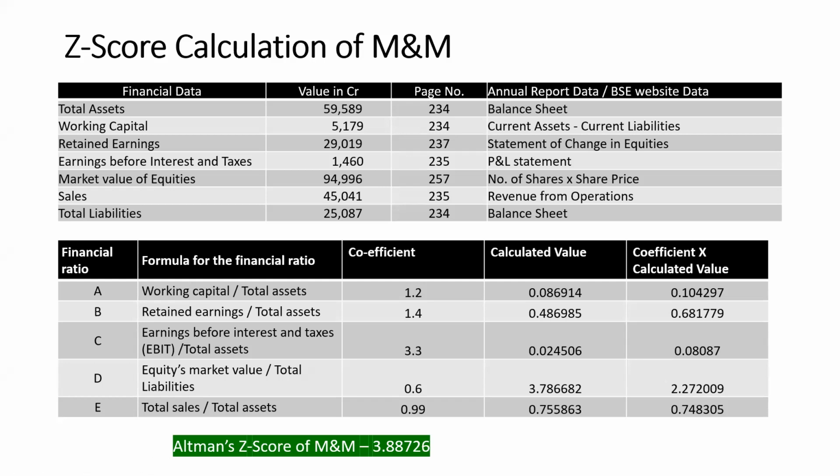I will show you how you can get this data. You can get all this data either from the company's annual report or from the BSE website itself. So you need not worry about how to get this data. It is very, very easily available if the company is listed on BSE or NSE. So now we will move ahead. First, I will show you where you can get the annual report data.